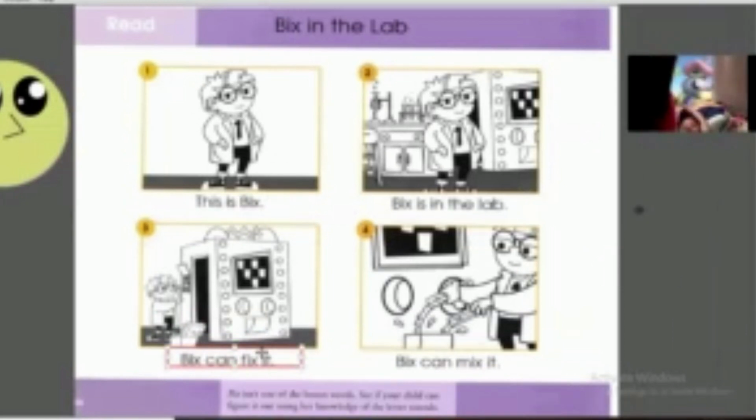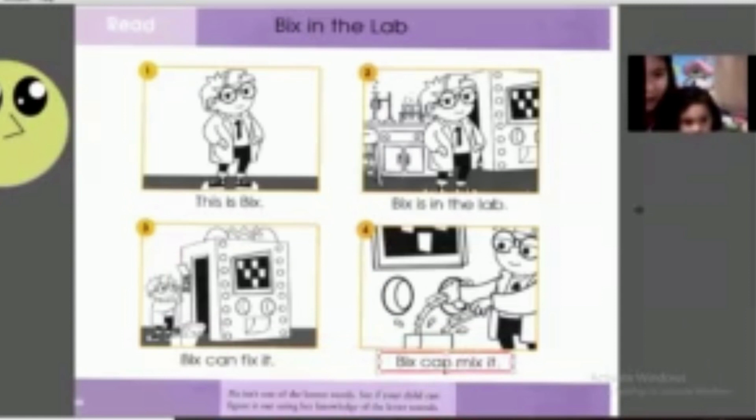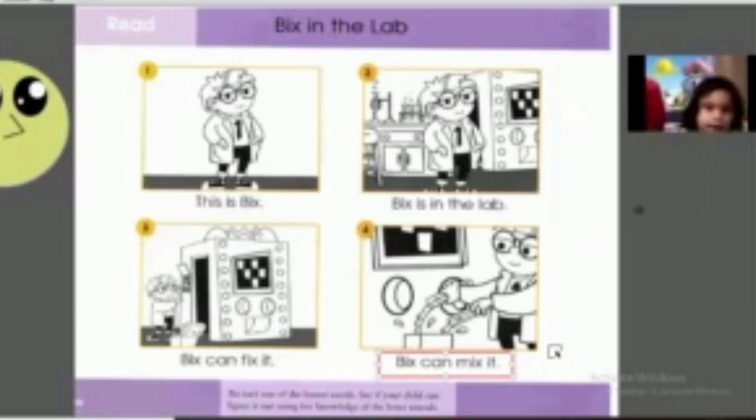Oh, you have to sit properly. Sit properly, please. 1, 2, 3. It's a machine. Oh, let's see what machine it is. You read. Go, you read. Go now. You read. Go. Why does it take so long? Okay. Go. Mix can fix